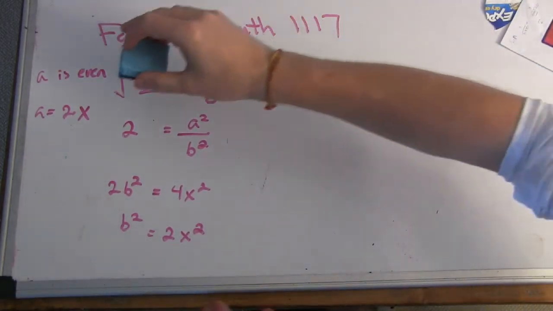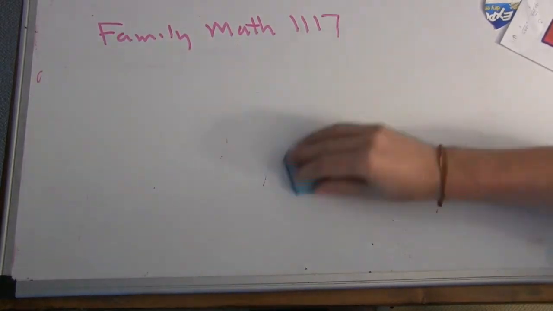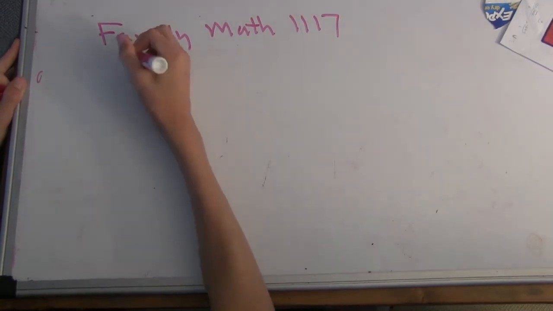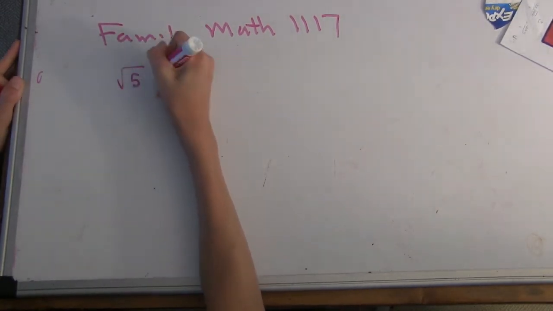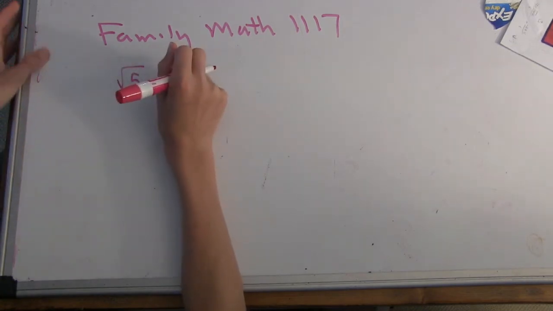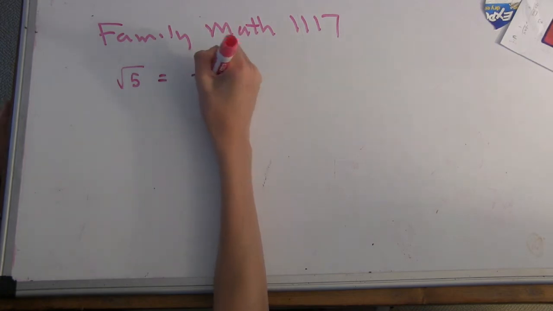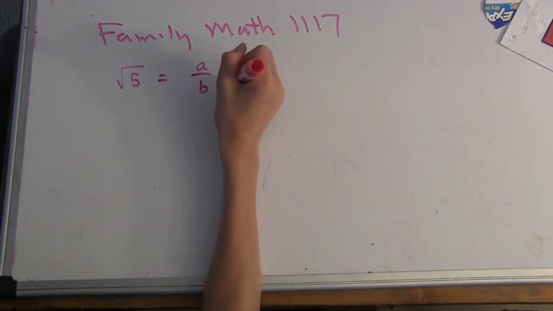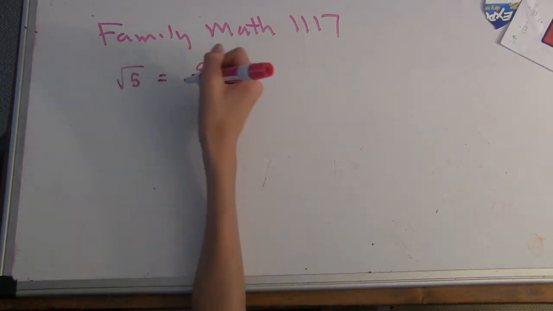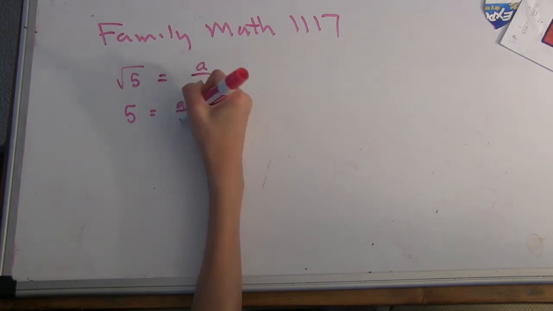Okay, so now I'm just interested to see how you would prove the square root of 5 is irrational. Well, let's see, we'd have to use a similar technique. We'd have to write it as a over b, just following the same way as the square root of 2, squaring both sides, a squared over b squared,